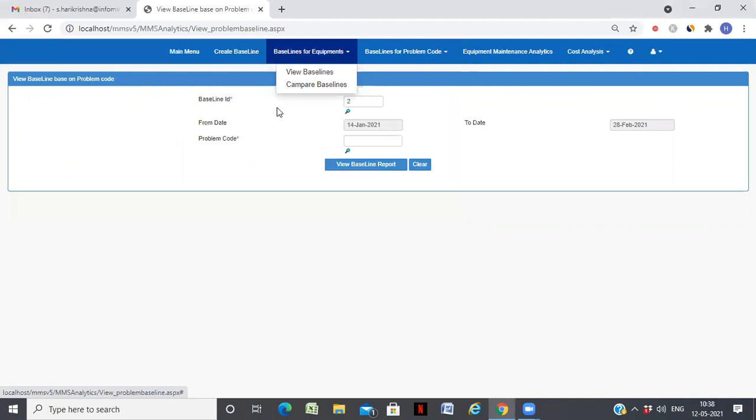Next, similarly, you can even compare the baselines for each of the problem codes.